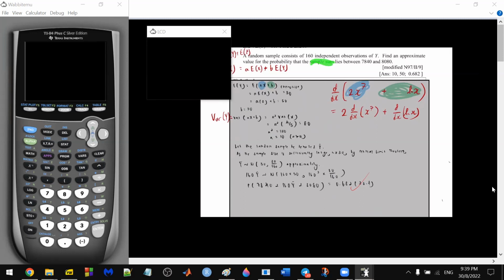Sample sum. 160 independent observations. I guess you need to use a sample mean here because of the approximate value. What else could you possibly do? You can't really do anything, so you should start with